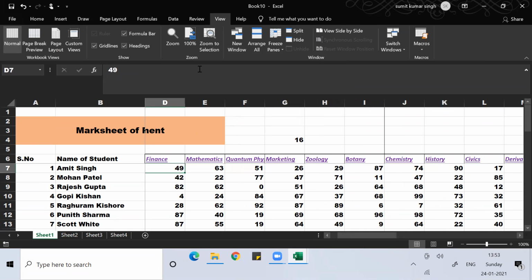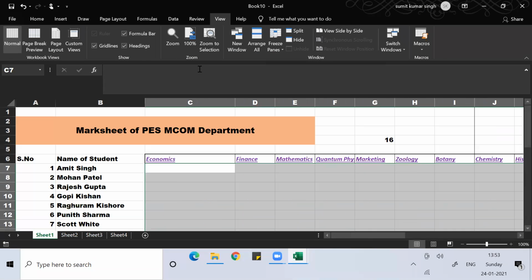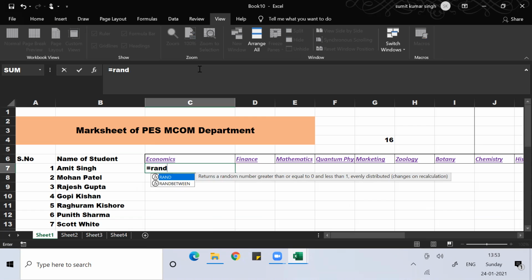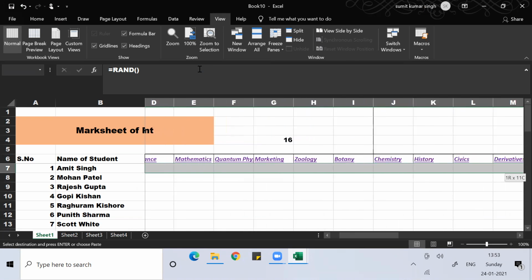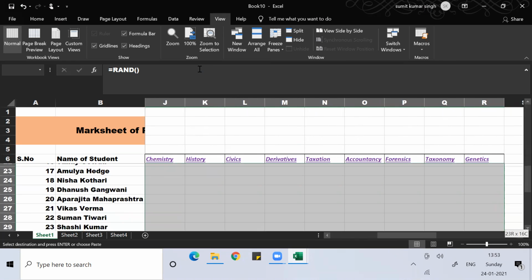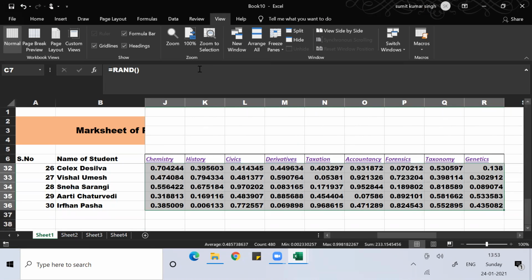What is the other way if you want to use? So if you use this command called RAND, open bracket, close bracket, okay, and then if I copy this, go down, Control V, you got the dummy numbers.